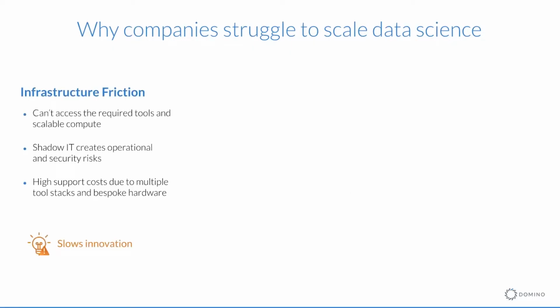So the first thing that comes to mind is infrastructure friction. Data science today is increasingly complex and it requires access to powerful compute resources, and high value and sensitive data is usually an issue. So you have to be very careful of that. With the latest open source tools and packages, when data science teams can't get access to the infrastructure they need, they create ad hoc work and workarounds that involve building and maintaining their local infrastructure. It's usually called shadow IT. So the multiple stacks of data science tools and the bespoke hardware for each team slow these data scientists down. And that tends to frustrate IT because it creates significant support costs. It increases operational and security risks that ultimately slows innovation.